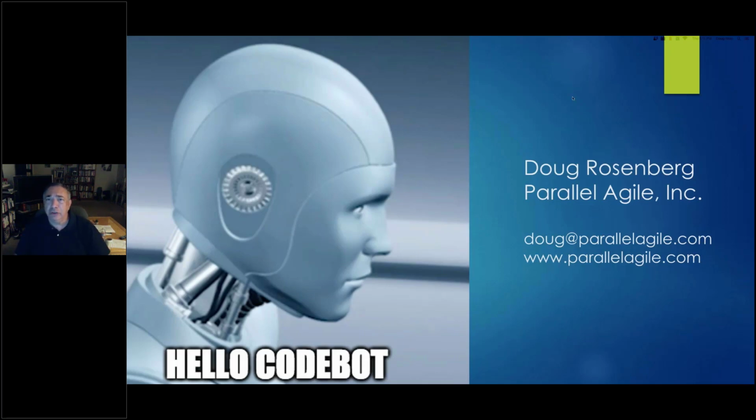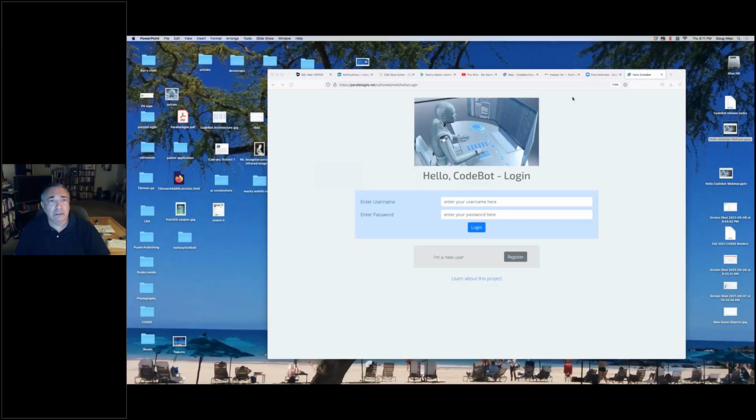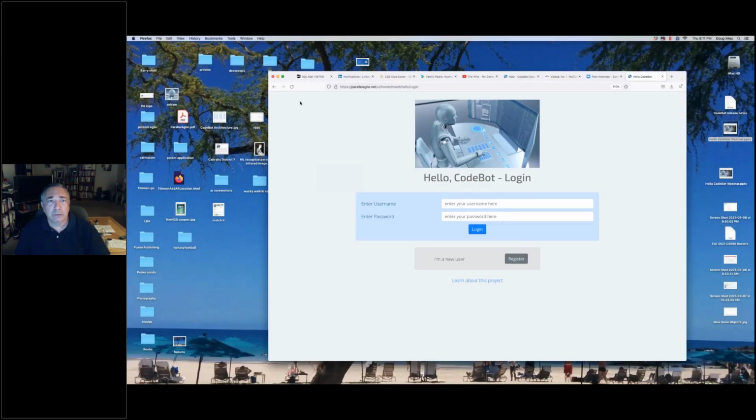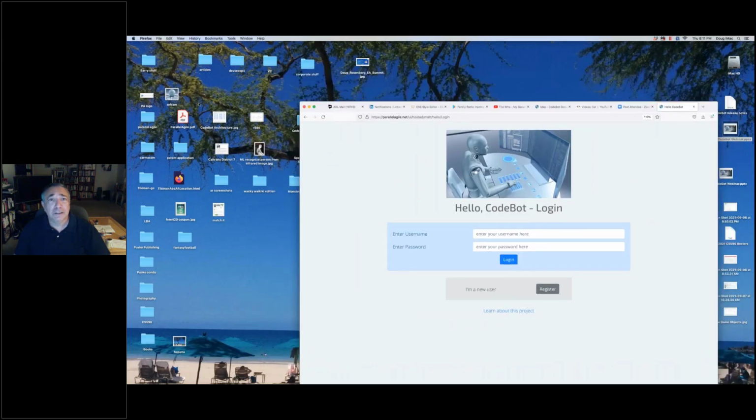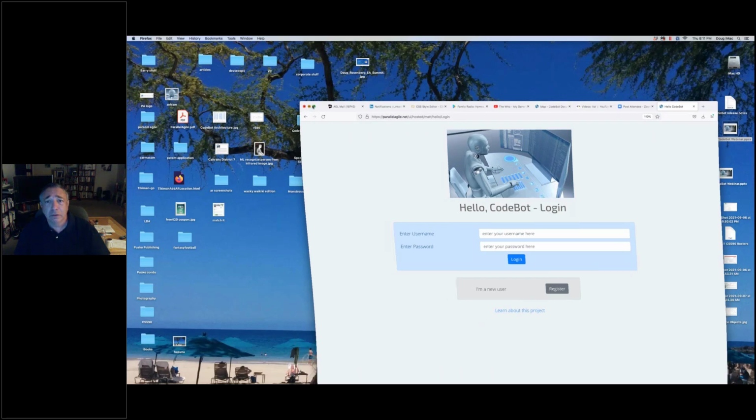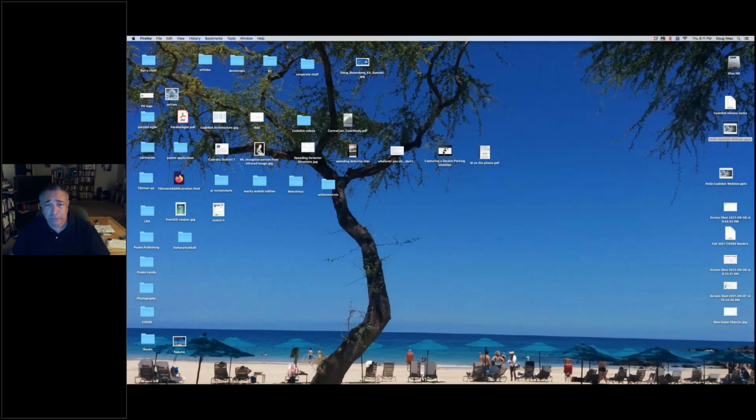So we didn't use the user interface component yet, although we're working on retrofitting and trying to replace our existing web app with that. Give me a second here.